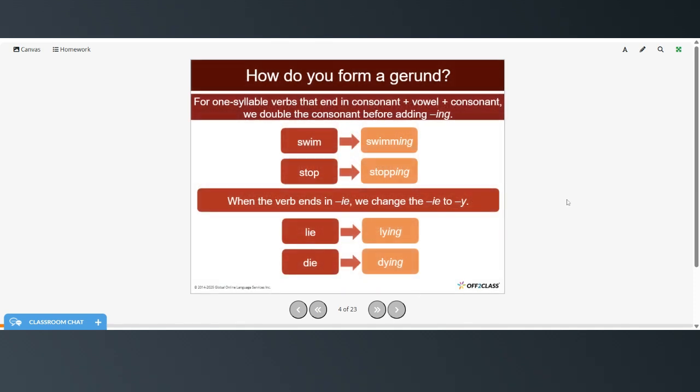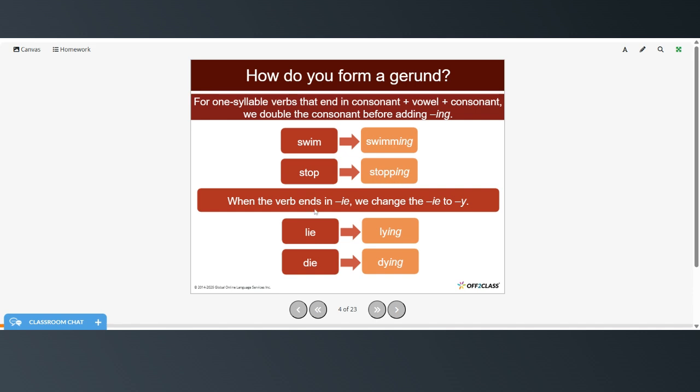For one-syllable words that end in a consonant plus a vowel plus another consonant, we double the final consonant before adding ing. So swim, because we have the consonant W, the vowel I, and then the consonant M, we have to double the M. So S-W-I, double M-I-N-G, swimming. Same thing with stop. We have the consonant T, the vowel O, and the consonant P. So stopping becomes